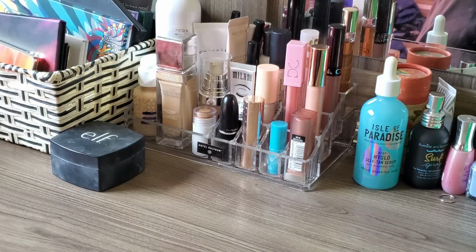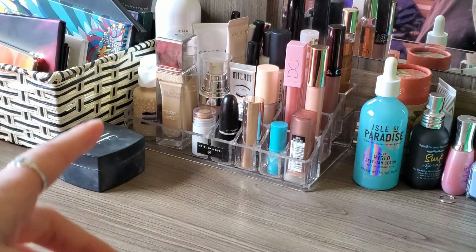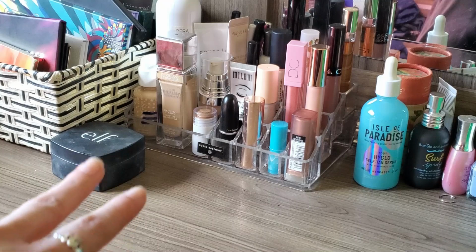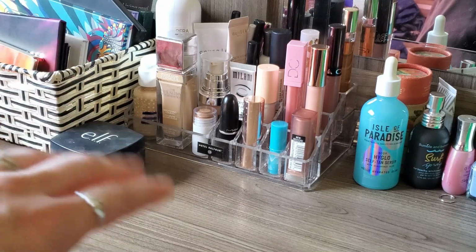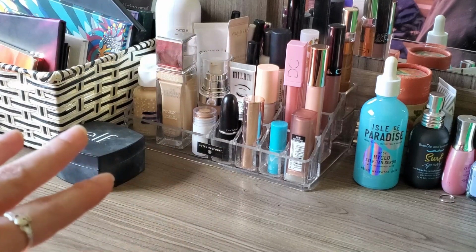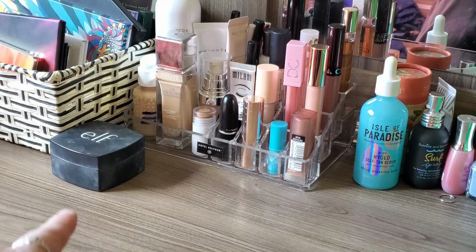It's been about 3 weeks since my last Shop My Stash video. I'm ready to swap out a few things. We're actually going to be taking out quite a bit because I have two project pans that I need to pull things from so I can film a finale and an update. And then that will just give me space to put in some other products to focus on for the next